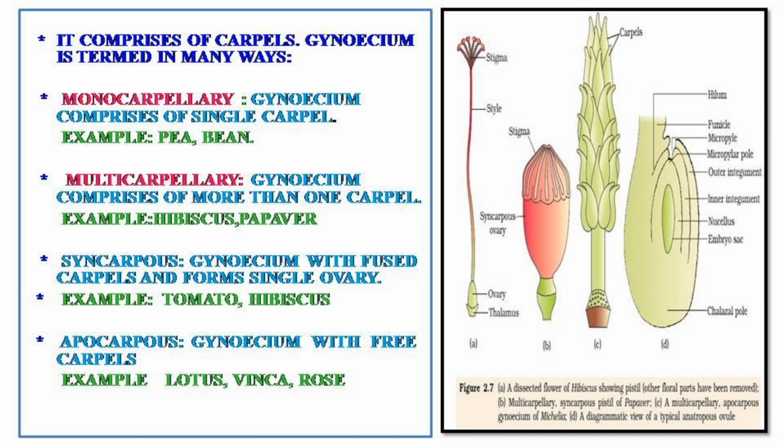Now, here you can see certain other categories also. Like if the carpels in the gynoecium are free, it is said to be apocarpous. Example, rose, lotus, etc. And if the carpels are fused to form a single ovary, the gynoecium is known as syncarpous. Example, hibiscus, tomato, etc. So from the diagram clearly you can see these examples.